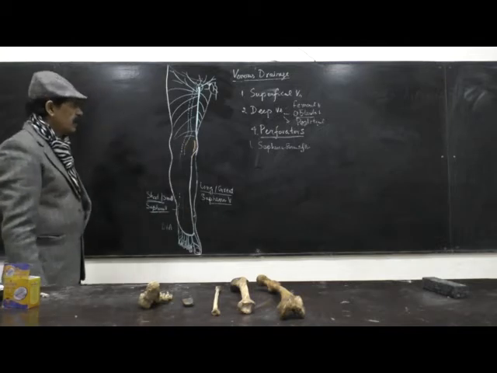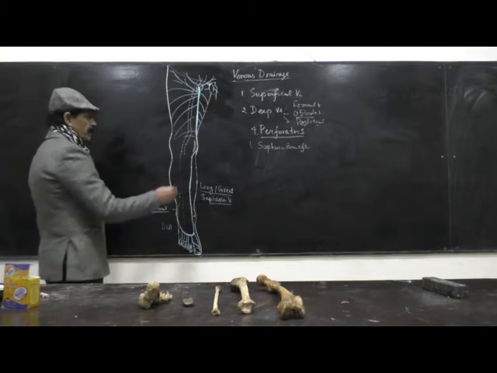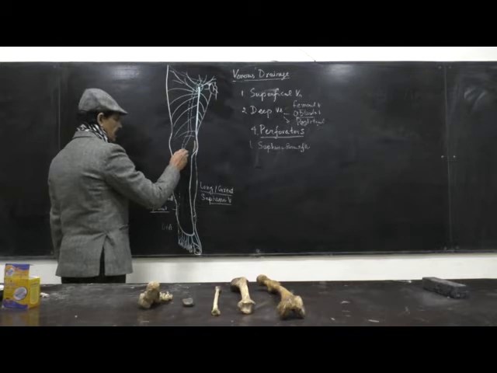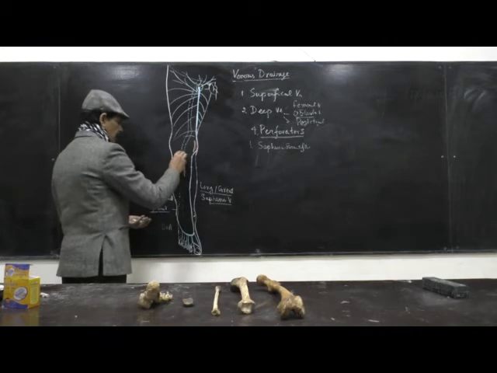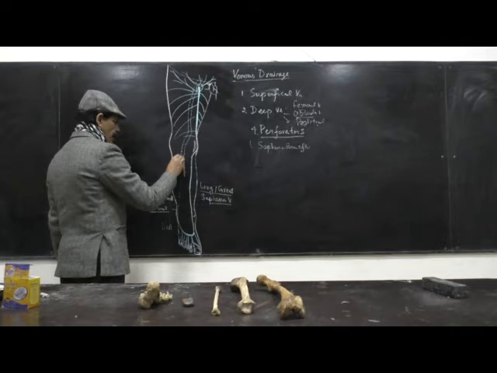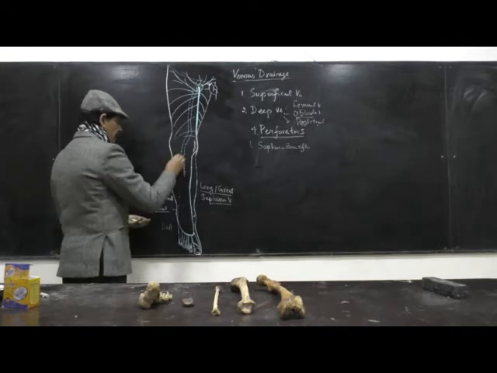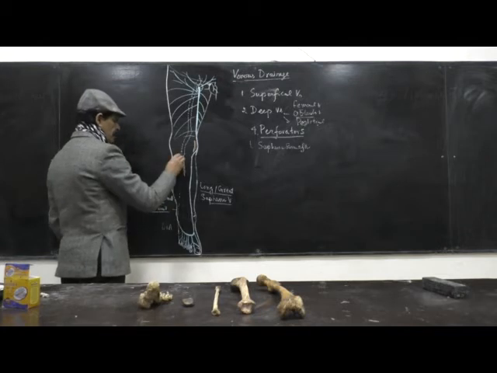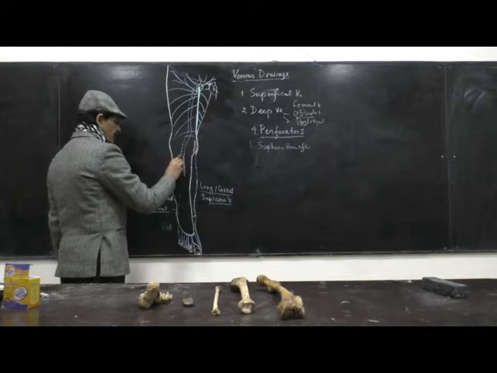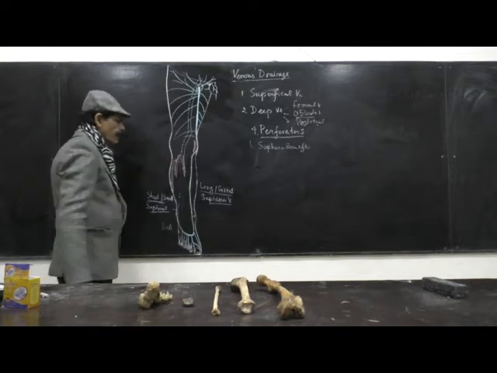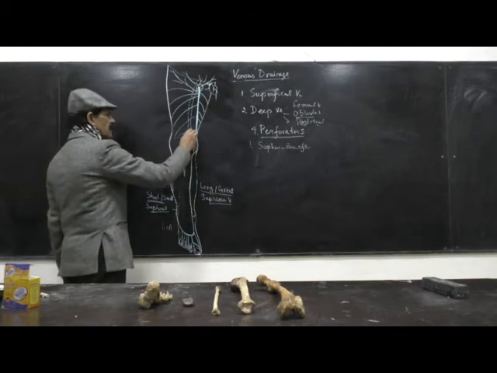This popliteal vein is formed by the union of small venae comitantes accompanying the anterior tibial artery in the anterior compartment, the posterior tibial artery, which is also accompanied by venae comitantes, and the peroneal artery, the artery of the lateral compartment, with its venae comitantes. All these venae comitantes unite to form the popliteal vein, which ascends upward and passes through the hiatus magnus after the popliteal fossa.